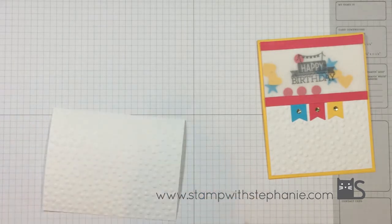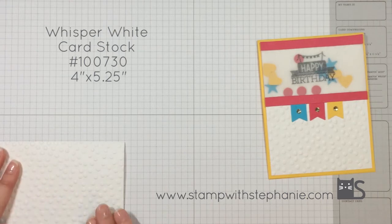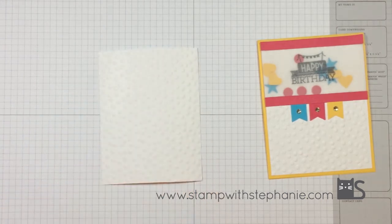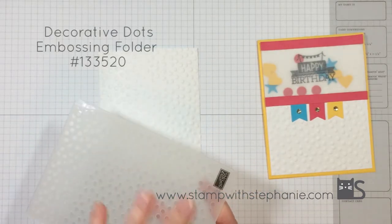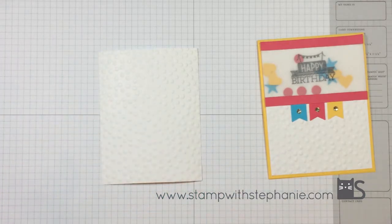Next, you want a piece of Whisper White, and this is 4 by 5 1/4, and I ran it through the Big Shot using the Decorative Dots embossing folder. So these are just some spread out dots that I thought looked kind of like confetti and went with my confetti theme. Next, you will want to have some scrap paper